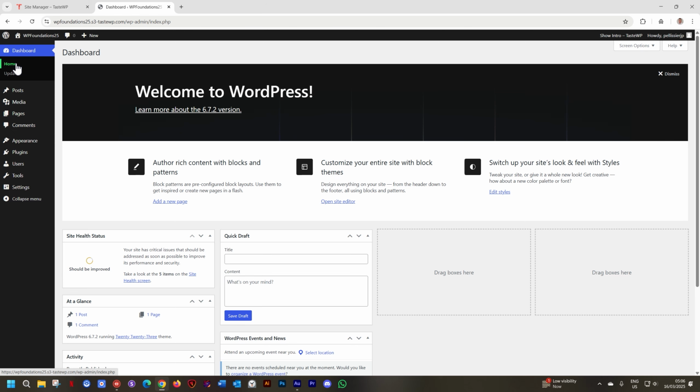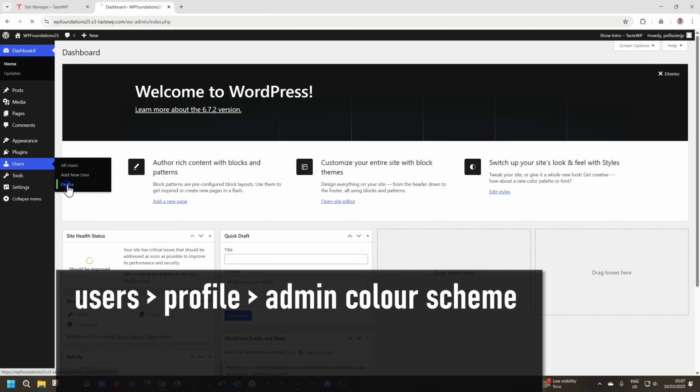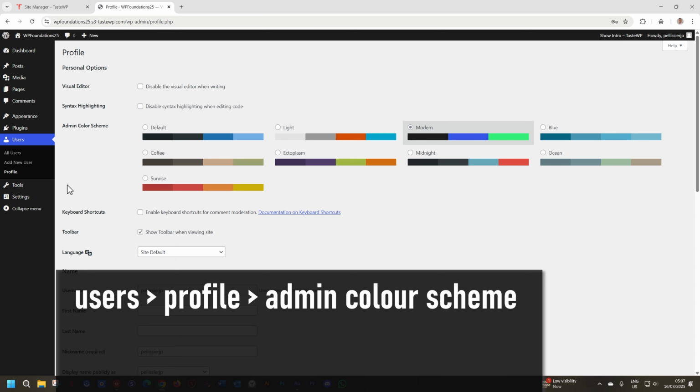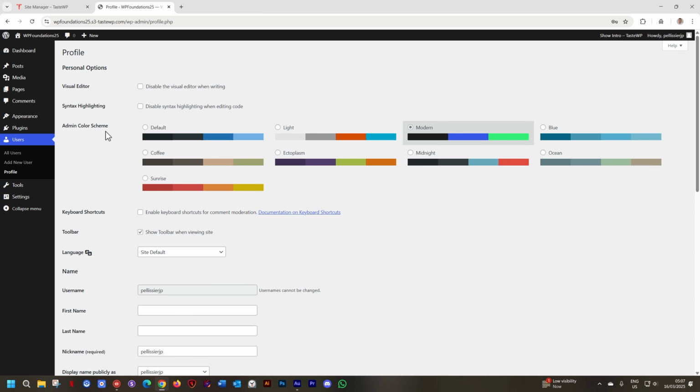So I just want us to change this so that we can be on the same page as everyone else when you do install WordPress from the very beginning. And to do that, you go to this label here for users, and you go to the profile, and this will give you your profile. Select it and go down to admin color scheme. And you see here, it's set to modern. But on the left, the first one is default, and that's actually where it should be. Taste WP says they love modern, so they choose modern as their default setting. We're going to go back to default.